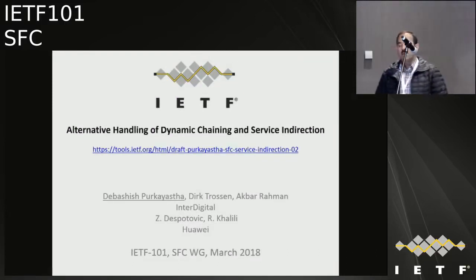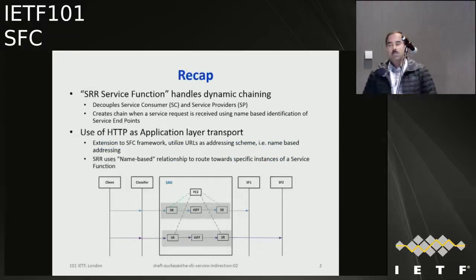I'm going to give a quick update on this draft, version 02, on behalf of my co-authors. Just a recap: in this draft, we introduced a service function called SRR to handle what we call dynamic chaining. It decouples the service consumer and the service provider, and it creates a chain when the service is requested, using name-based identification of service endpoints.